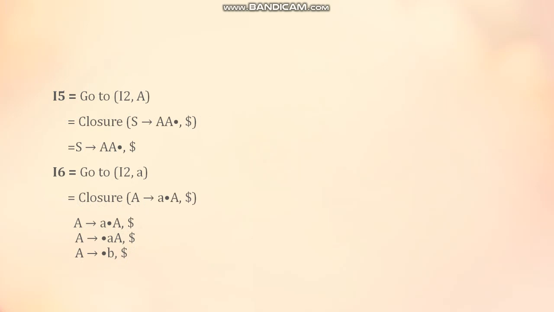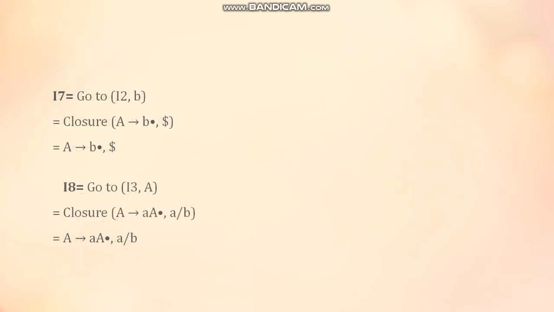So on I2 we parsed A in the production. Now this production is completely parsed. No new productions will come under it since there is nothing after the dot, and this state will be known as I5, our final state, since it's completely parsed and finished. No further parsing is required in this state. And what about I6? I6 is not completely parsed and we are going to parse small a on this state. We will parse it, and whatever is after the dot, we are going to write its production as well, as we discussed in the last slide.